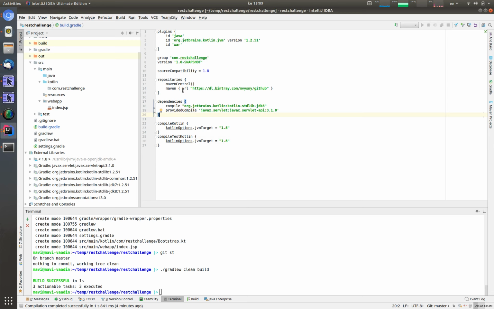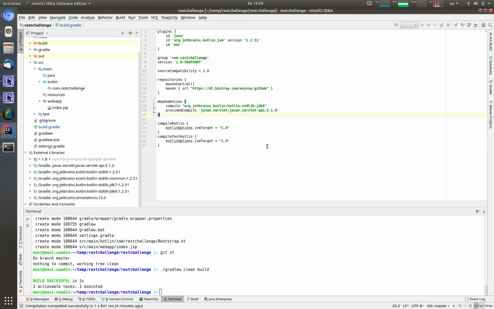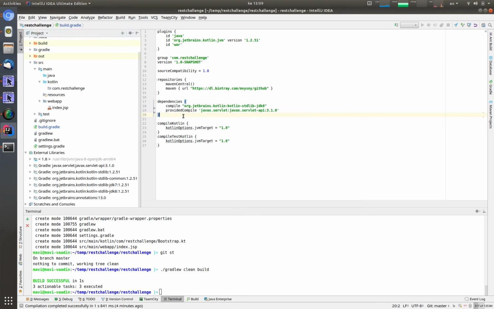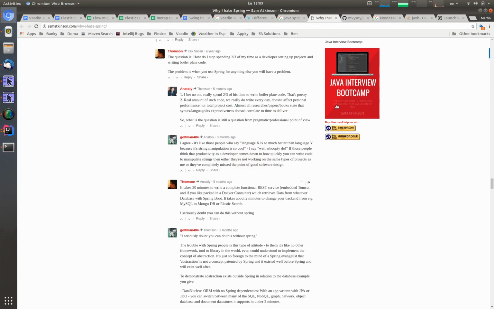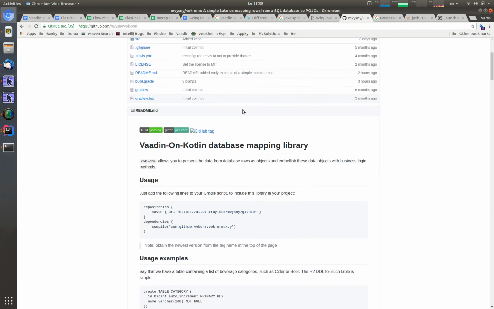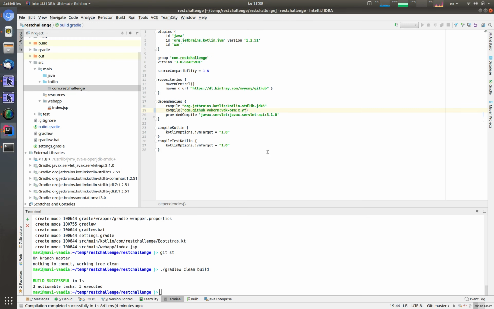So in here I have a very simple, well, it's actually just a new project, a new Gradle project, Java, Kotlin and Web, that was generated by IntelliJ. And so first I'm going to need a database, right? So I'm going to use the Vaadin Kotlin ORM database mapper, because that's really the simplest way on how to access the database. So it's a simple library